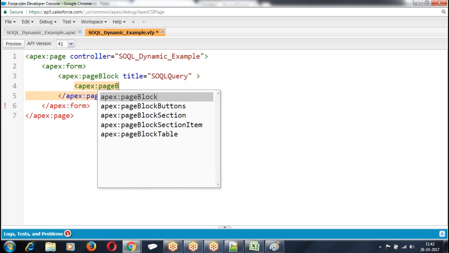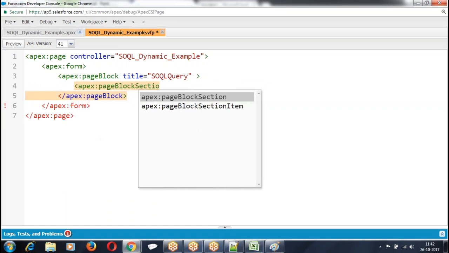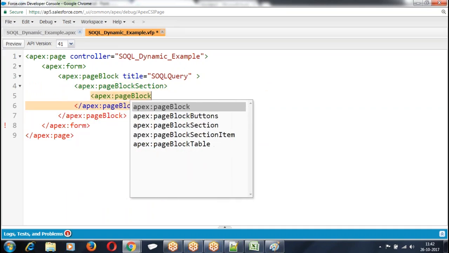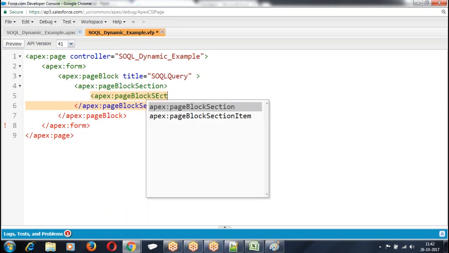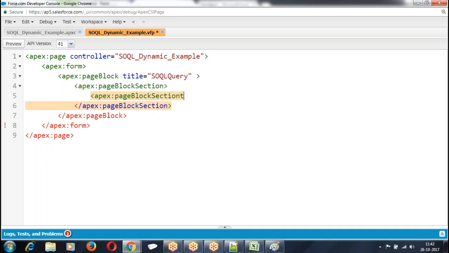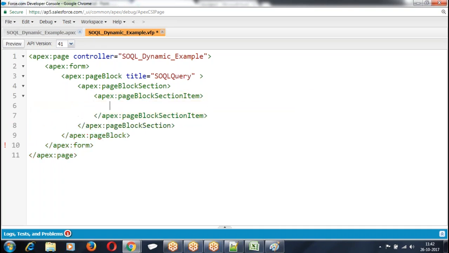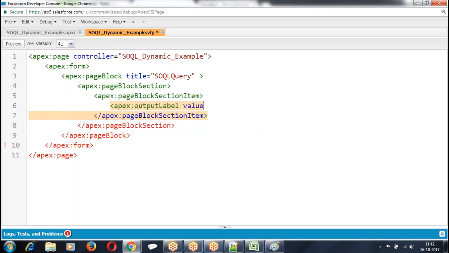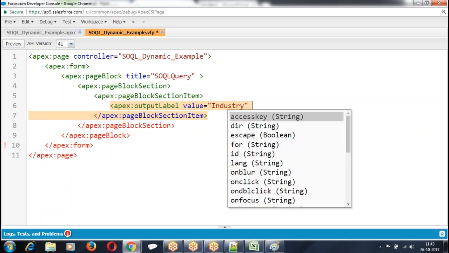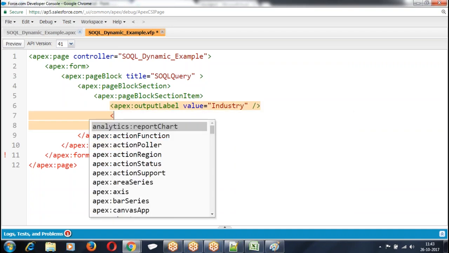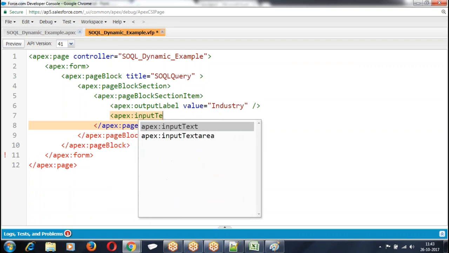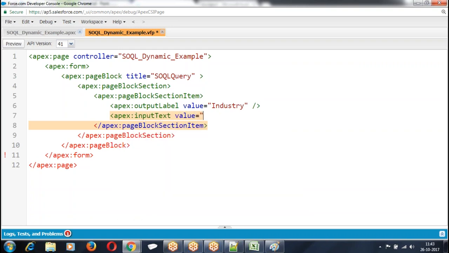Then we have apex:form, apex:pageBlockSectionItem, and apex:inputText value equal to